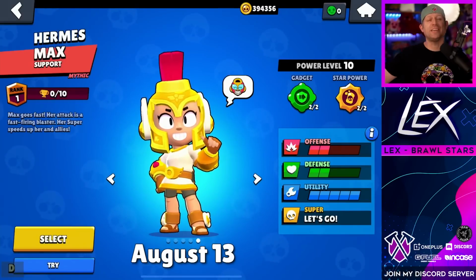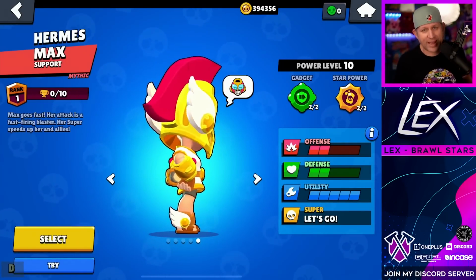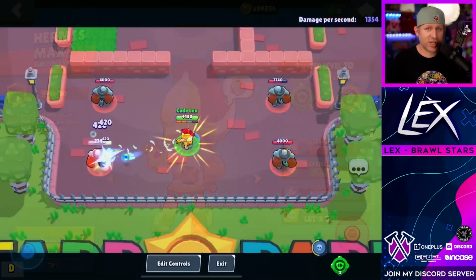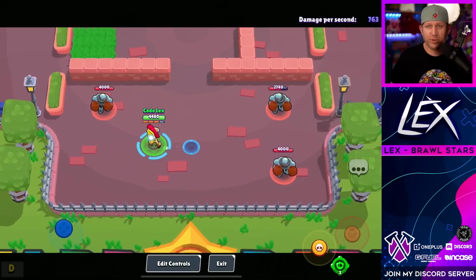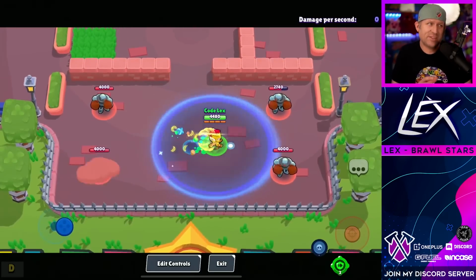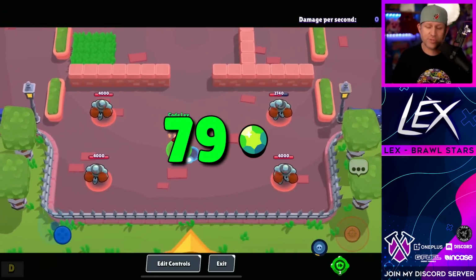On August the 13th, we get the coolest Max skin, Hermes Max. This skin does have custom shot and super animations, which is really awesome. Winning and losing ones are the same, although it could be changed in the future, as always with all of these skins. If they don't have something now, they may in the future, but for right now, 79 gems, definitely